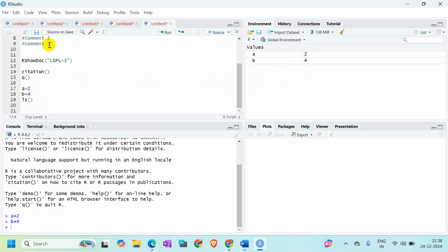Now suppose I wanted to see what other things are available in our environment. So just to check the environment details, you can use the function ls. If I place ls over here and run it,